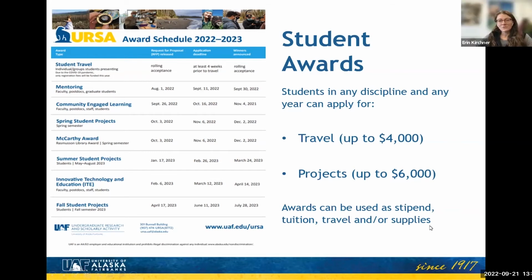Hey, Trent, would you be able to talk a little bit about how URSA funding interacts with other types of funding on campus, like with BLAST or INBRE? Sure. Yeah, so there are other funding opportunities on campus for undergraduate research or creative scholarship. As Aaron just mentioned, there's the BLAST program, which is the biomedical initiative here. So if you're interested in the biomedical field, there's a lot of opportunities that they have for funding. INBRE is a little bit different, but it's another undergraduate research funding opportunity. You can apply to any of them at any point in time, when their various calls for proposals are, as well as URSA funding.